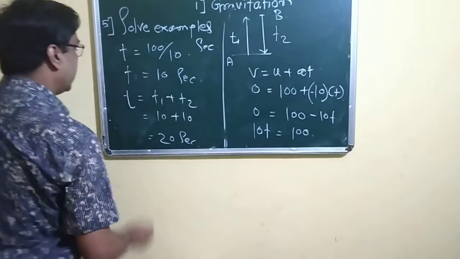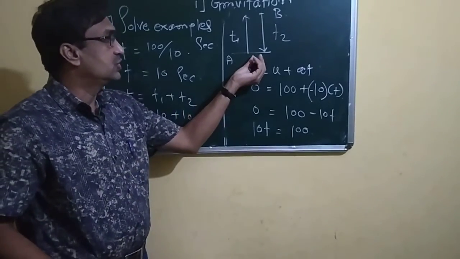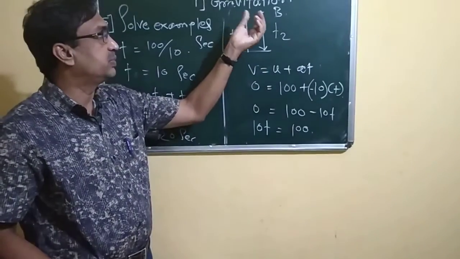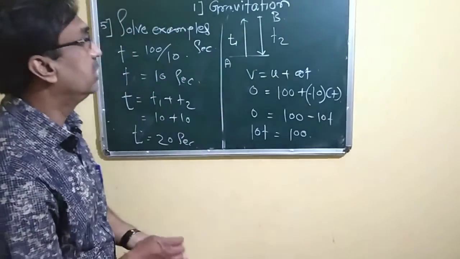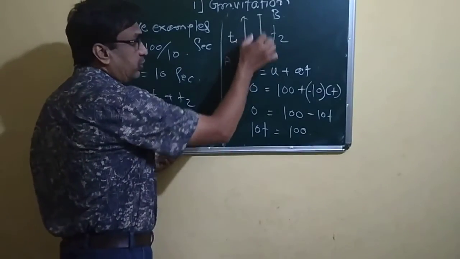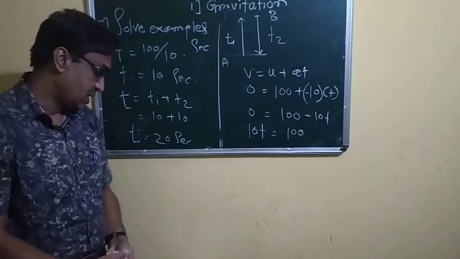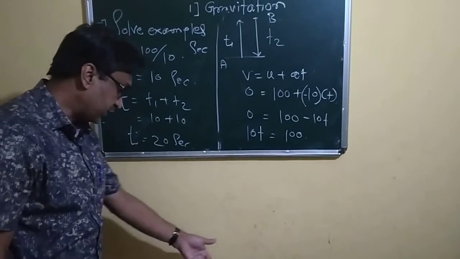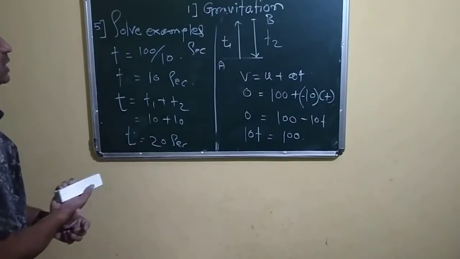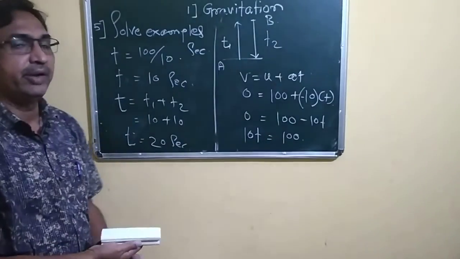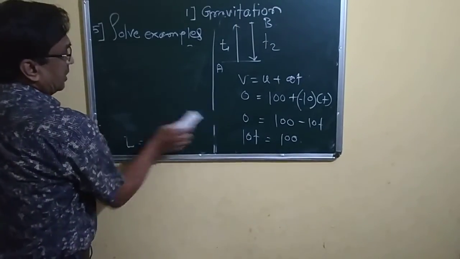So this object goes in the vertical upward direction. After reaching a certain height, once again due to Earth's gravitational force, it is pulled towards the Earth, and this time is 10 plus 10, that is 20 seconds. In this way we have solved the fourth example. Very simple one, but you have to imagine the situation, and according to this we have to use the formula which is required for that.